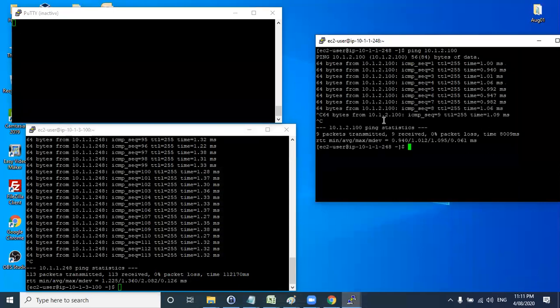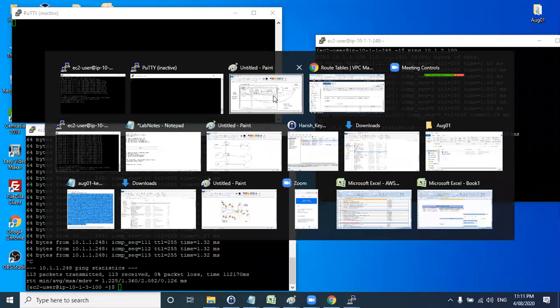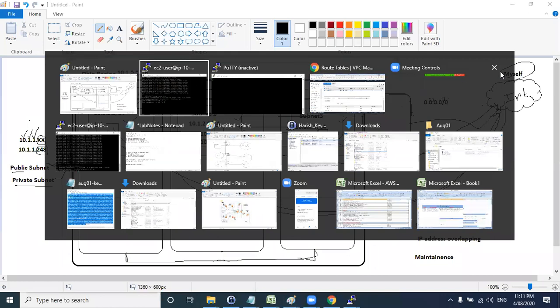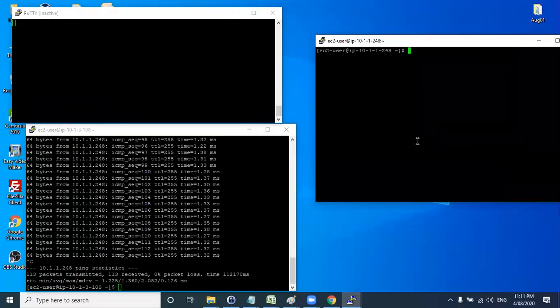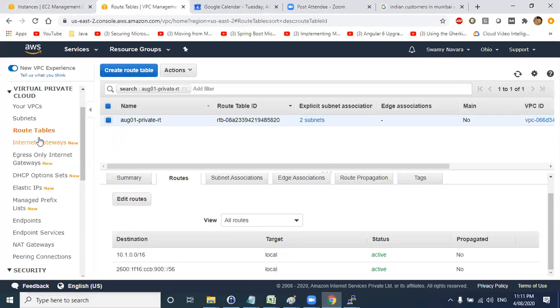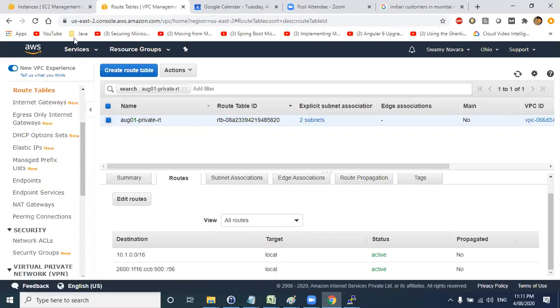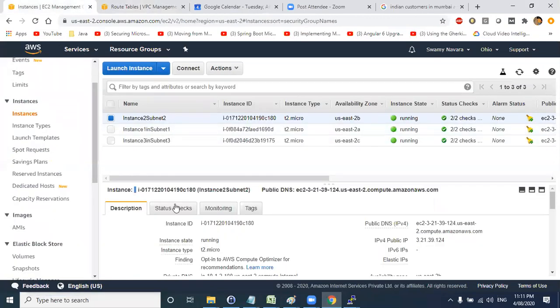Similarly, you can try to ping subnet 3. Yeah, can we do SSH also from there? Yeah, only ping. Yeah, you can do SSH, but SSH. So what is this IP address? 10.1.200, I think. Yeah.